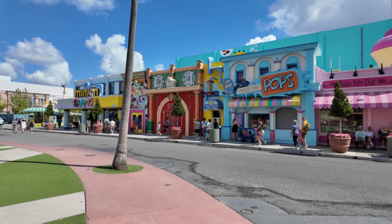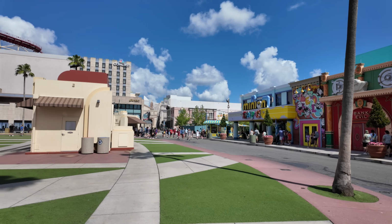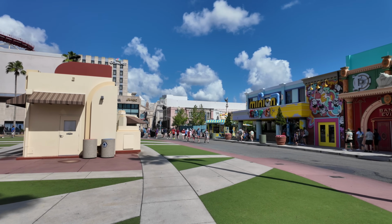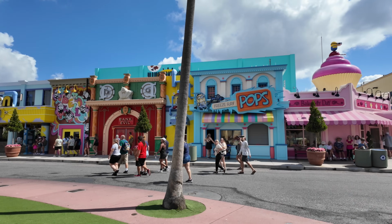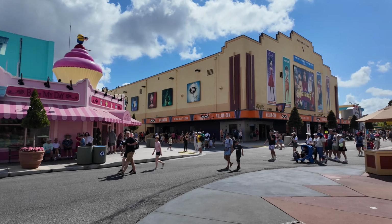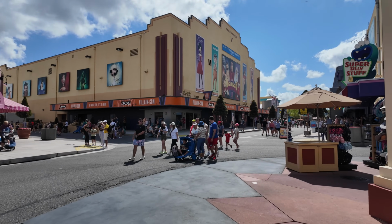Before we get some lunch, I just want to really take in all the sights, and that's what I love doing, and that's why I love Universal Studios Florida so much, is because they have so many neat things around the park. Like, look how awesome Minion Land is. They have a really fun scavenger hunt around Minion Land. If you download the Universal Orlando app, you can actually use your phone and collect virtual loot on the outside,